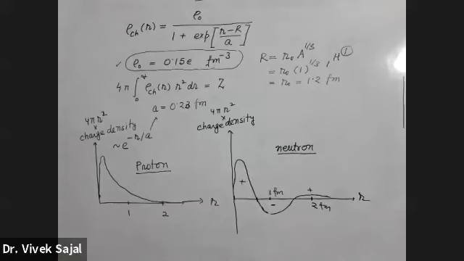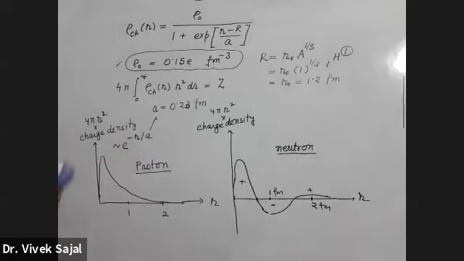Inner core will be positive charge that will be surrounded by a negative layer, and that negative layer is again surrounded by the outermost layer that is carrying positive charge. मैंने स्केल नहीं लिखा आपके y axis पर, अगर आप ध्यान से देखो. So these are the charge distributions inside the proton and neutron. So this was the first method. By the electron diffraction method, we have found out the charge distribution inside the nuclei, inside the proton as well as inside the neutron.